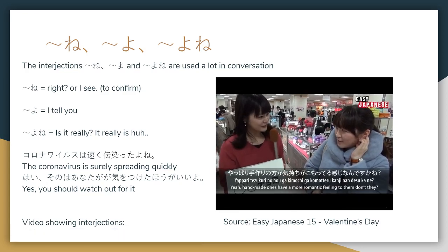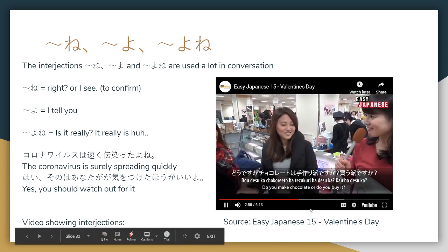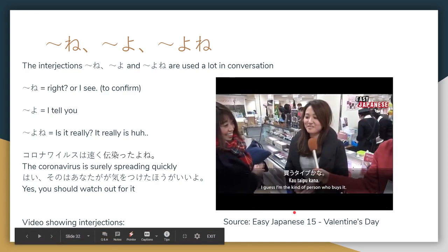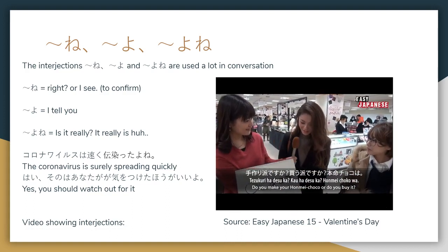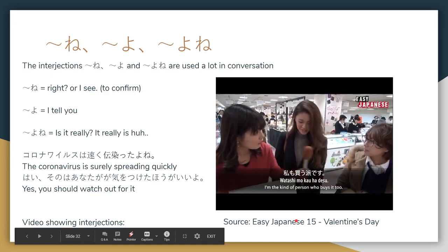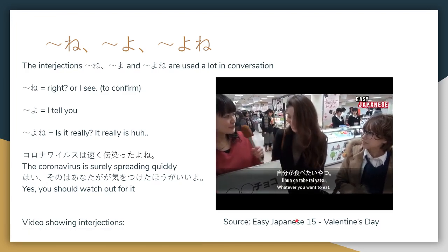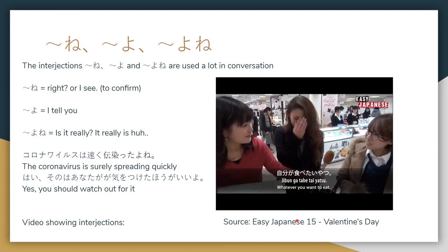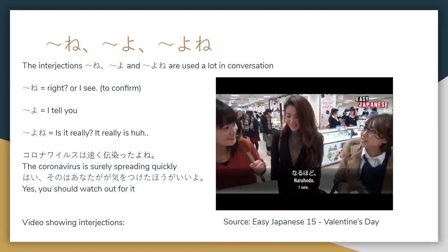I have a lot of ne. So desu ne. チョコレートは手作り派ですか？買う派ですか？買うタイプかな。どういう基準で選ぶんですか？食べたいやつ。自分が食べたいやつ。私も自分が食べたいやつを2人でシェアするみたいな。なるほど。